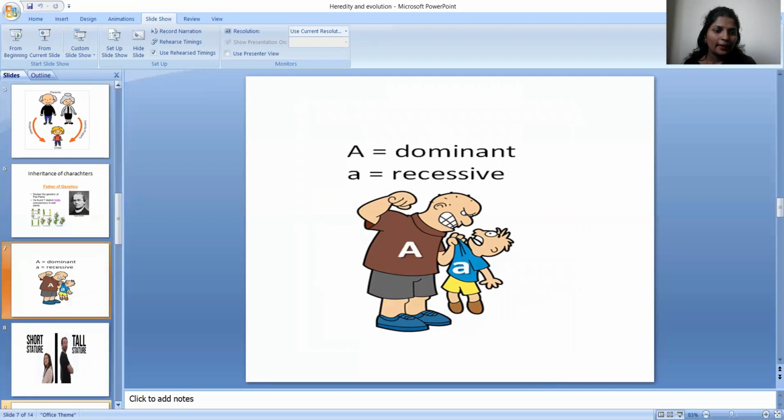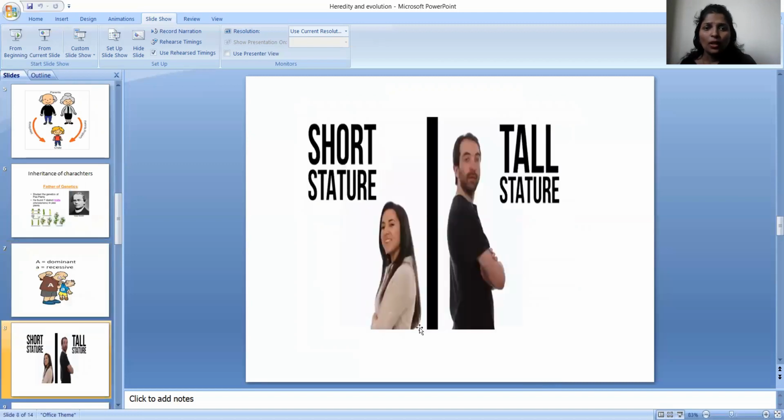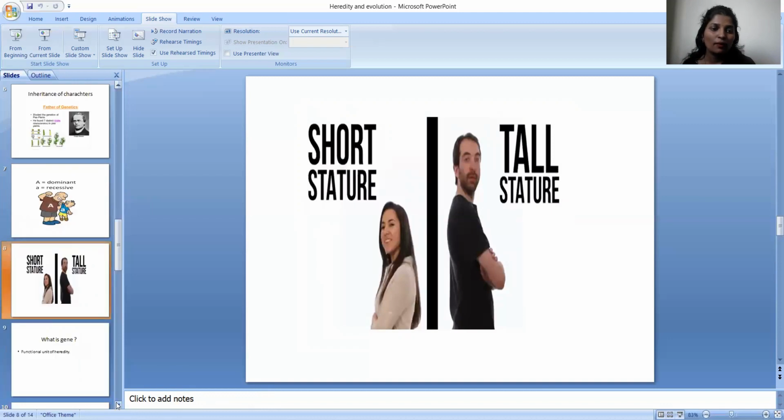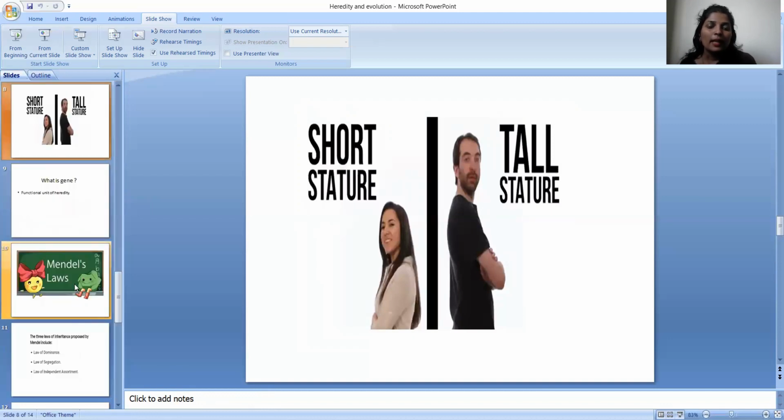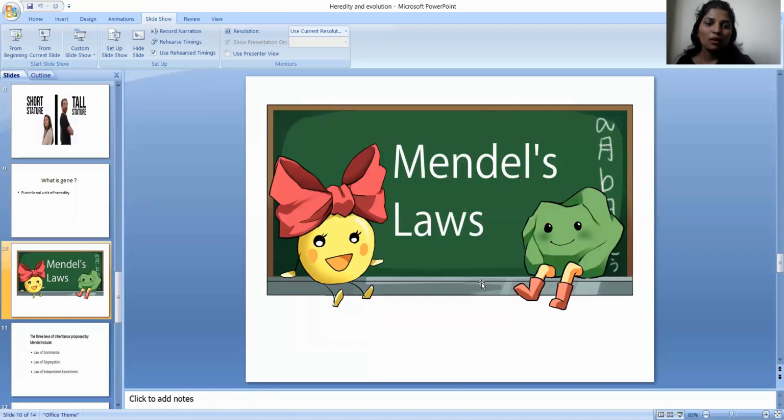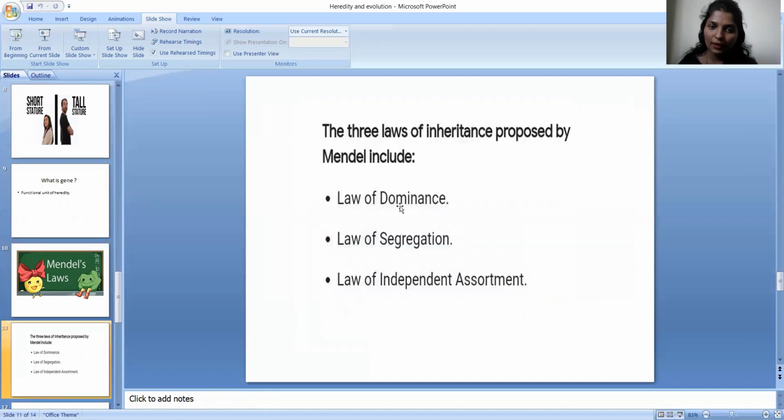After that, Mendel has already told us about shortness and tallness in pea plants. Now we are going to focus on Mendel's laws. Mendel has told us there are three laws: the law of dominance, the law of independent assortment, and the law of segregation. First we are going to see the law of dominance. The law of dominance says that a gene that has two